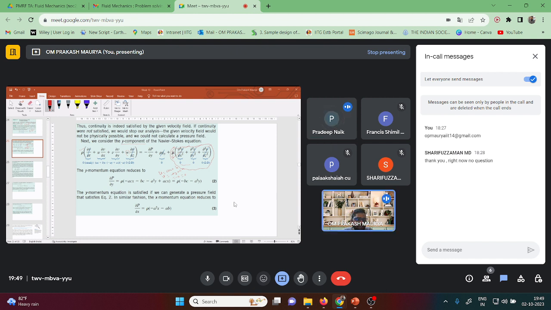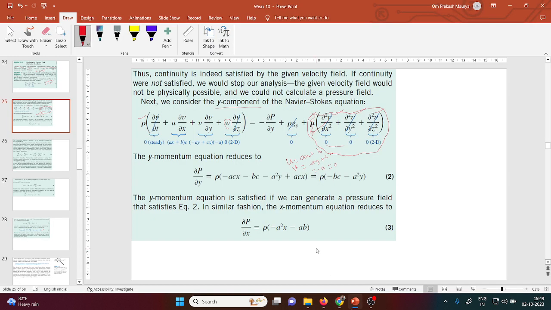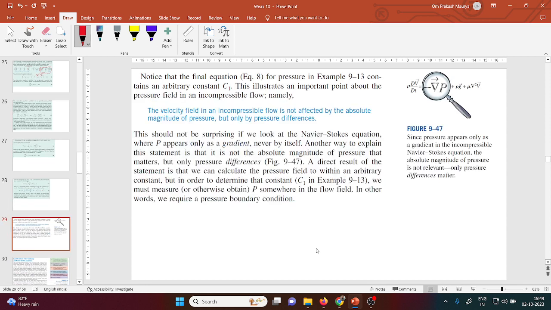And in the last, I will show some slides. All students, just take a screenshot and try to solve by yourself. Definitely you will get some more concept. So now moving on,